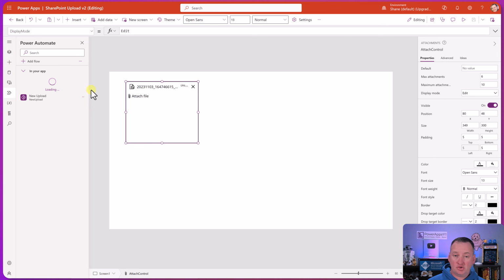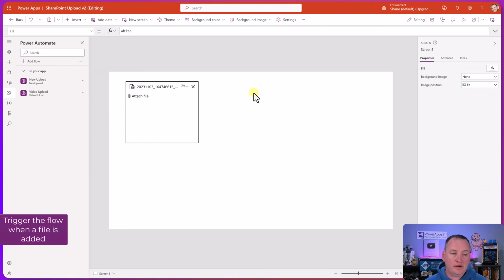As soon as you hit save, it just automatically closes that window and it starts loading it over here. As soon as it's done loading, right? So video uploads, the one we just made. All we need to do here is we're going to go right here, or I guess we'll go to this,